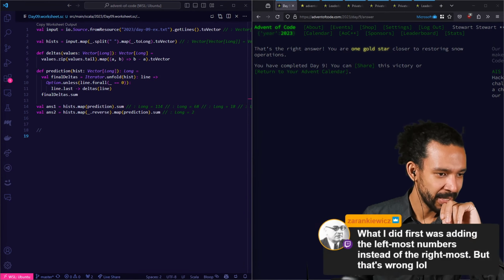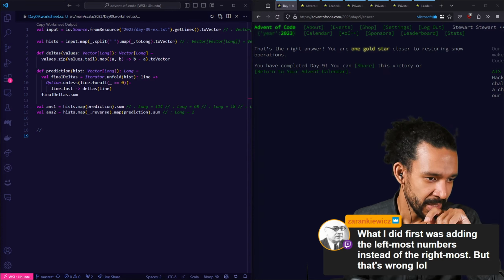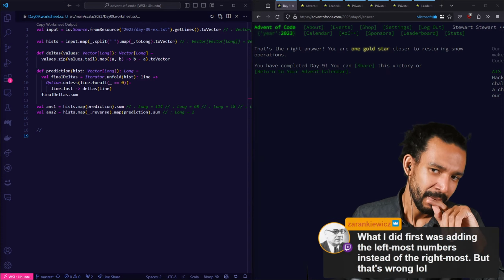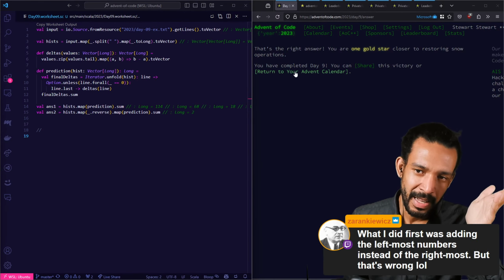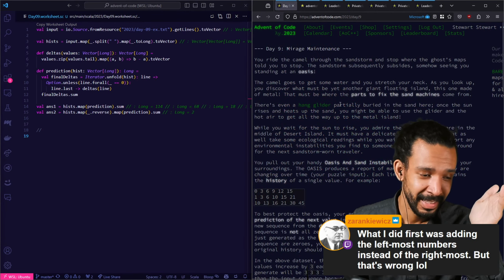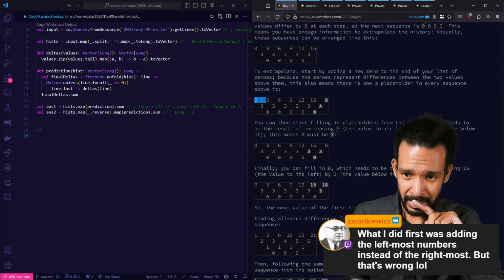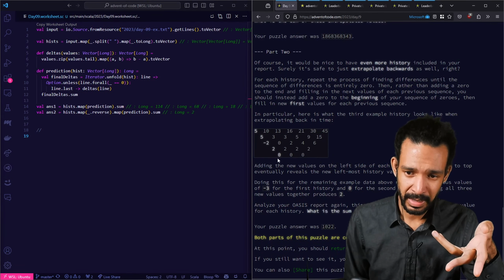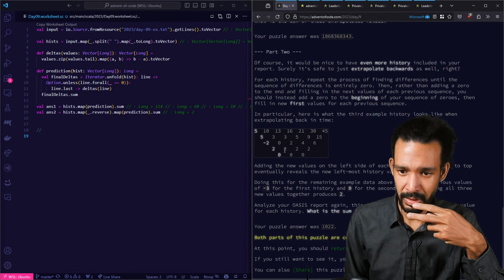Oh wait, I missed what you said here. What I did was add in the leftmost numbers instead of the rightmost numbers, but that's wrong. Is it wrong to add the leftmost numbers? Wait, because I think that's on the surface. I think that's right. So I got lucky by simply reversing it instead. If you add the leftmost numbers, I mean clearly, like this here is the leftmost numbers, right? So 2,